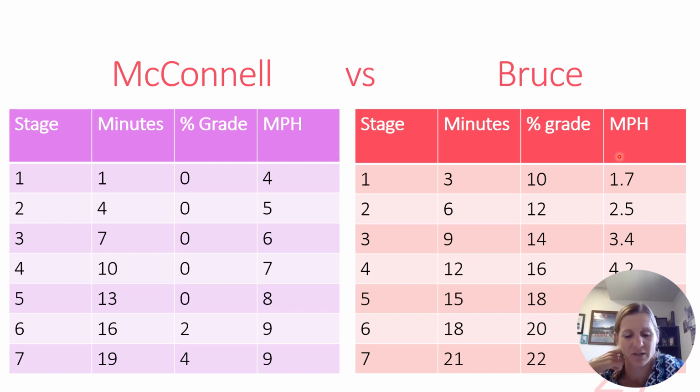I should actually make you guys do both. Actually, I should make the non-athletes or the fall sport athletes do the Bruce, because this one is kind of weird. So you're going to start at 1.7 miles per hour, which is a very slow walk, but at a 10% grade. This is a good amount of grade. And then you're going to increase to 2.5 miles per hour with a 12% grade, then 3.4 miles per hour, 14% grade.